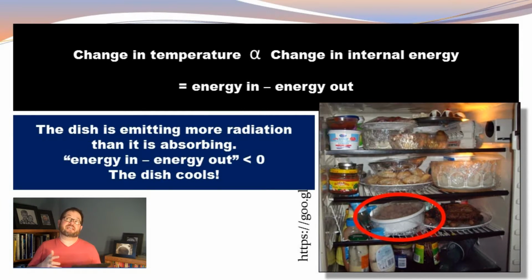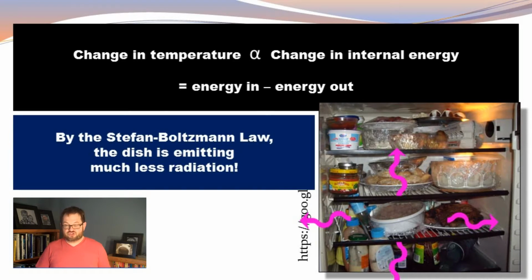Now, as the pot gets cooler, it's still emitting radiation, because it's made of matter. That's what matter does. But the amount of radiation it's emitting is decreasing. As its temperature falls, by Stefan-Boltzmann's law, it is emitting less radiation, but it is probably still emitting more radiation than it is receiving from the salsa, the mayonnaise, the cake, whatever is all there in the oven, in there. So it will continue to be, in the refrigerator rather, having a negative